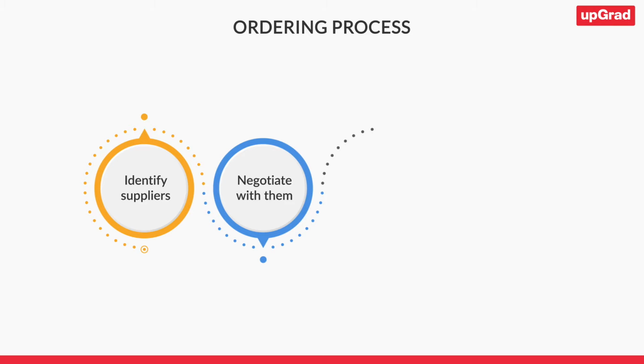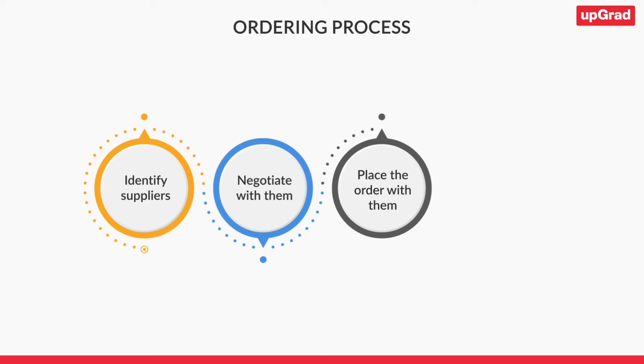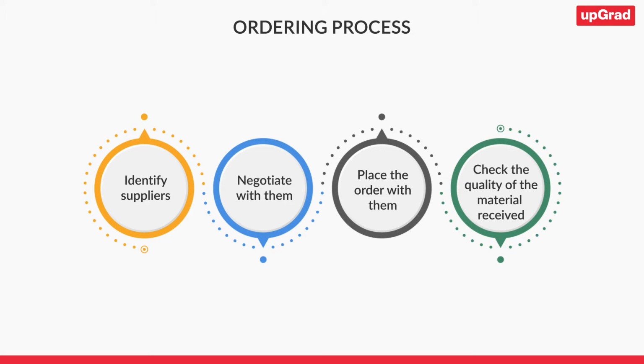Then the order is given to the supplier. Before the receipt of material from the supplier, there will be a quality check to evaluate the quality of raw material. The cost involved in steps right from identifying a supplier to checking the materials inside the warehouse constitutes the